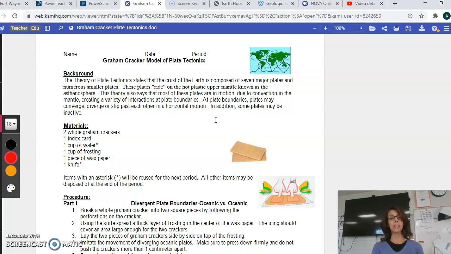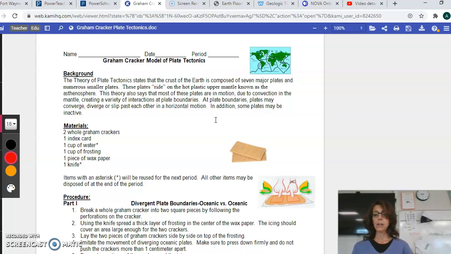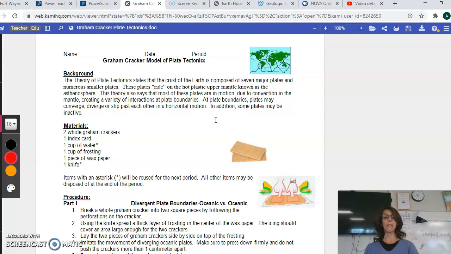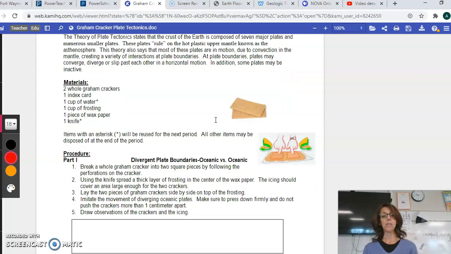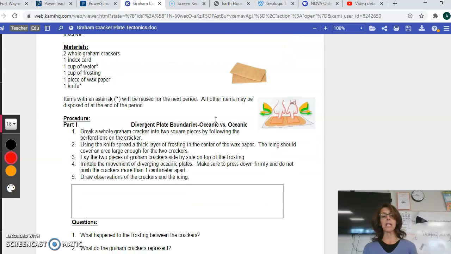So it tells you what you need. You need 2 whole graham crackers, an index card. If you don't have an index card, just fold a paper up in half. You don't need a cup of water, just a little bit of water, a cup of frosting, and wax paper or a paper plate, and a knife. So the very first thing you are going to do is the divergent plate boundaries, oceanic